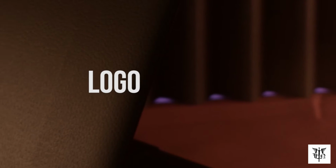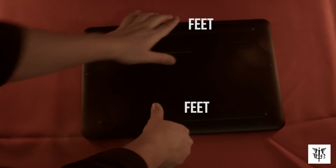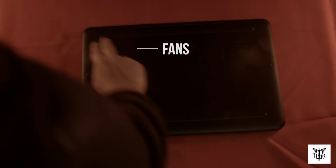Let's begin. The chassis is built with black anodized aluminum, which at first glance is beautiful to look at and feels very smooth to the touch. Build quality is still a big strong point. On the top of the laptop, we have a backlit Razer logo with 2 indents beside it to adorn it. On the bottom, we have the rubber feet, which hold a very strong grip on any smooth surface, along with 10 screws to hold the aluminum backplate covering the internals, and 2 fans that spin very loud when the machine